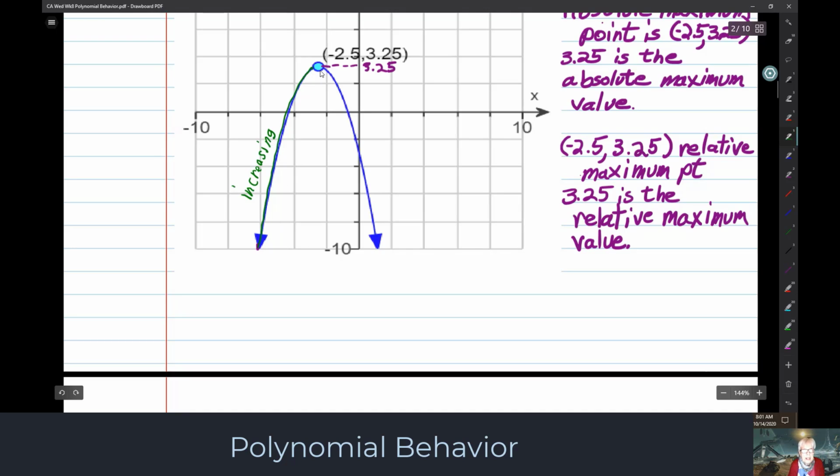I-N-C-R-E-A-S-I-N-G. And the part of the x-axis that is increasing ends at negative 2.5 here, because that says it is. And since this goes on forever from negative infinity all the way in to negative 2.5, you've got increasing. So the interval of increase